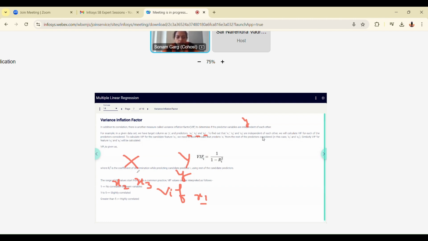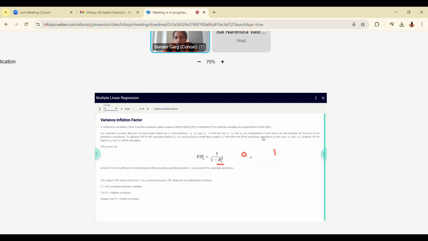So here we are making use of this R1 square. When you do this modeling, x2, x3 giving you x1, in that case, we'll find the coefficient of determination, put it in this formula, and find the VIF factor for x1. So some numerical value will come, which is more than or equal to 1. This value will always be greater than or equal to 1. Why? Because this R1 square, this is score, ranges from 0 to 1.